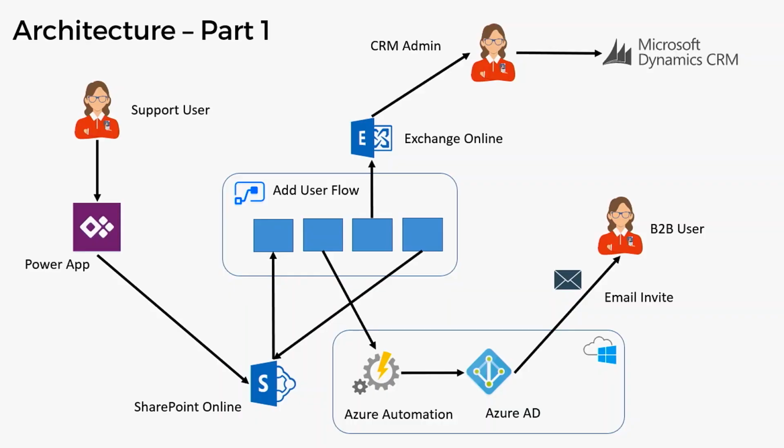It can do the Azure AD bit, but I don't need to give that highly privileged stuff to the end user. I just let them execute it with a couple of layers of indirection in between from the Power App. That basically automated my part of the job of doing the Azure AD bit. It sends the invite email, and then the first task was that the flow would go and send an email to the CRM admin and basically say, right, I've done my bit, your bit's manual, go and get it done. And that made me happy because now I don't have to do anything.